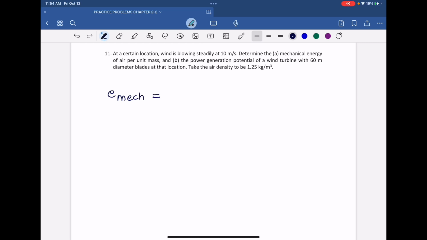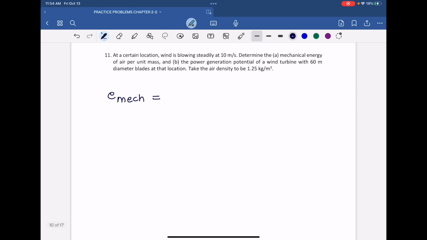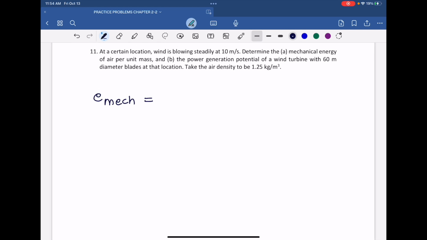Here potential energy and flow energy is insignificant, and therefore they only give us the velocity, which relates to its kinetic energy. So this is going to be equal to the kinetic energy, which is 1/2 velocity squared,